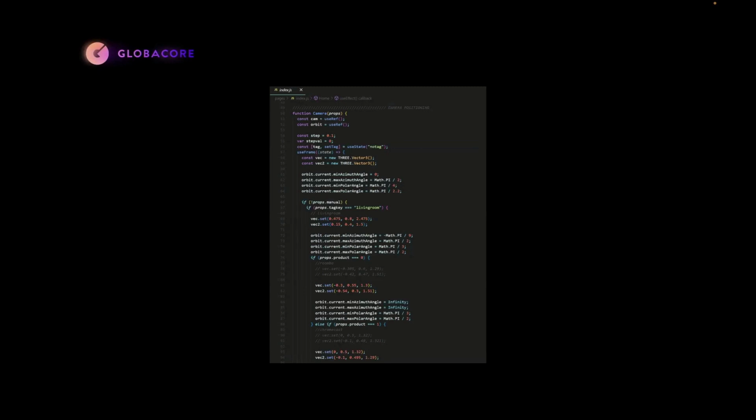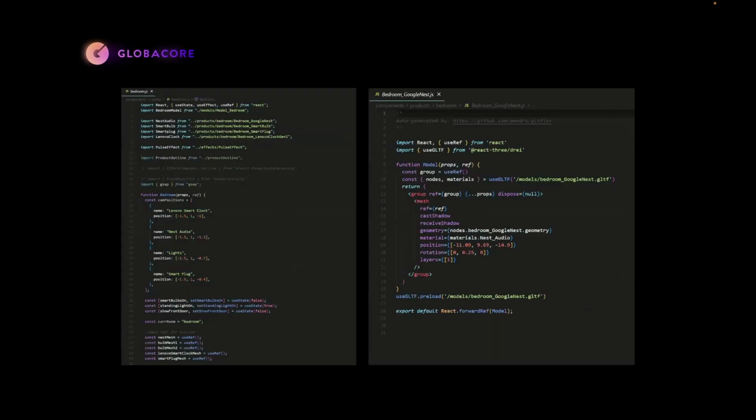The camera function, which was the craziest function of this project, has some 100 lines of code for setting the camera position and changing it based on the room we're in, and mobile versus desktop version. Here you see an example of a Google Nest product imported as JSX into the bedroom component that we have. And as you see, with other elements like lights and all of the activated items, all are imported as different components into the main application.